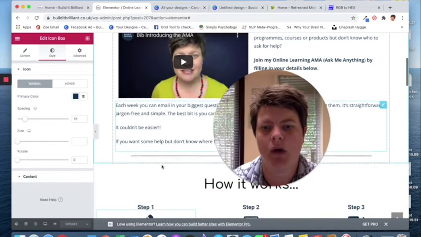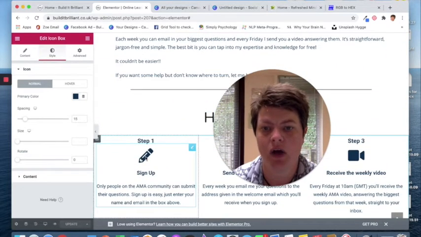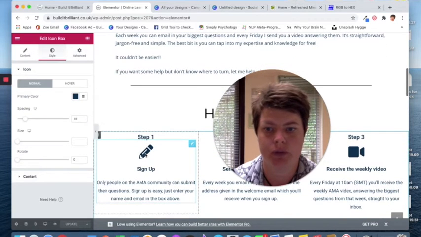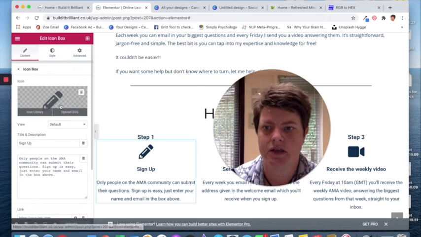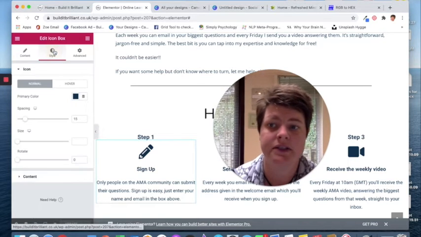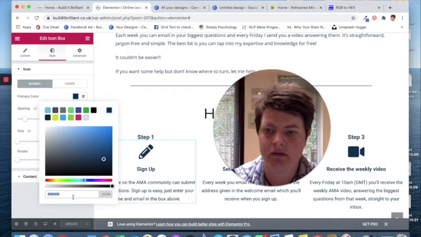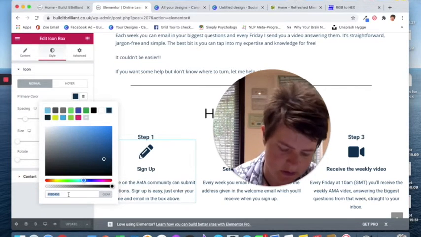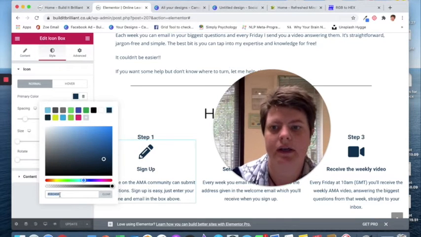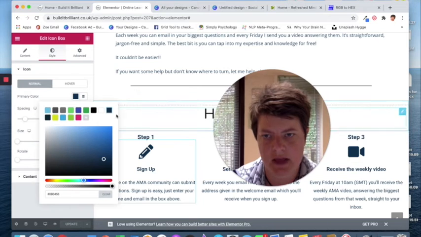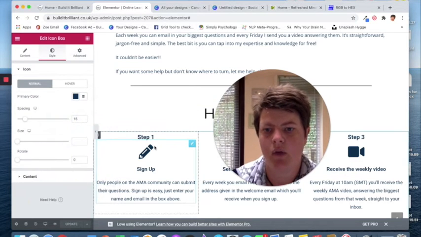And now if I'm going here, I want this icon to be that nice dark blue colour. So what you do is when you click on it, here's the content, so here's the icon, and then if you go into style, there's primary colour. And here, right down at the bottom, you can see the hex number. So that hex number that I've just got is what I've entered here, and that is then what makes it